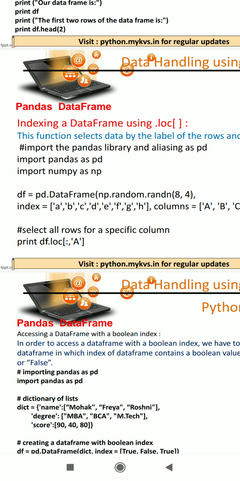And after the comma we are mentioning a, which is a column name, so it will display all the values of column A. So with the help of the loc method, we can access not only a specific label position value, we can also apply it to any specific column in our data frame, which is being done here.